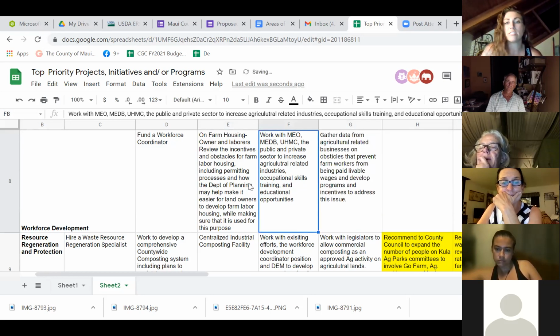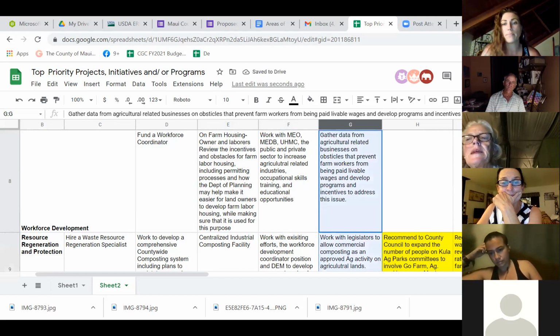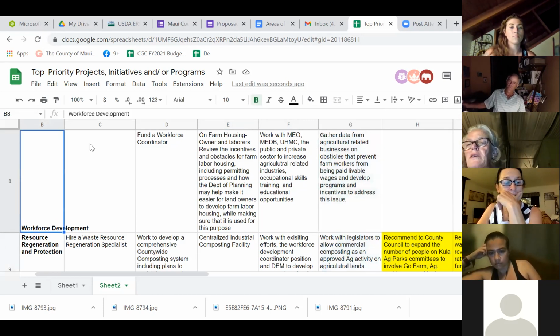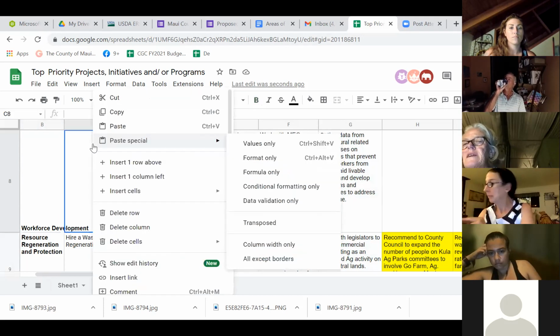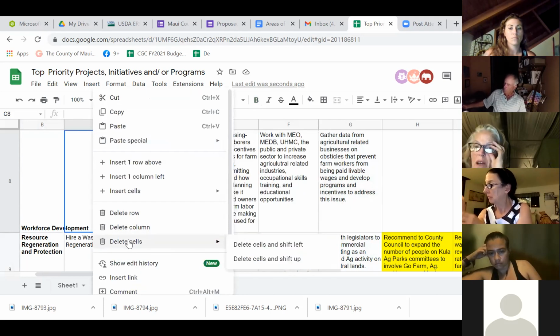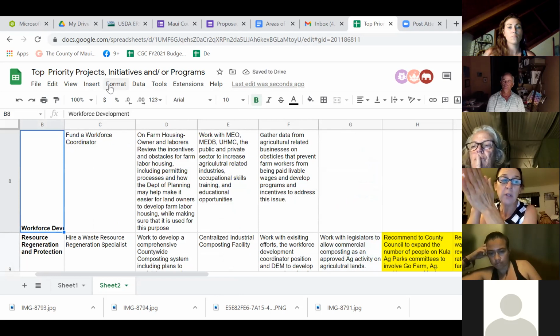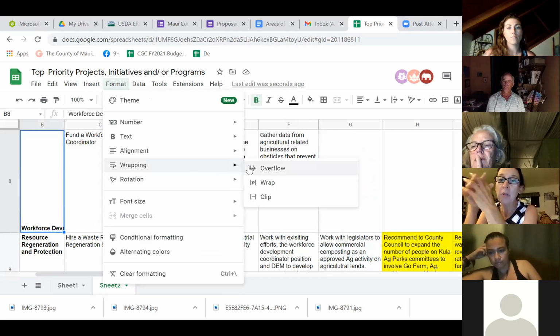Okay, do we see anything else for workforce development? From the Kula Ag Park perspective, one of the main reasons they don't allow people to live there is because it's non-potable water. I always think it's better for farmers to live as close to their farm as possible, if not on it. But the non-potable water issue gets raised when the topic comes up about the Kula Ag Park. And yet all vegetables are required to be washed with potable water.